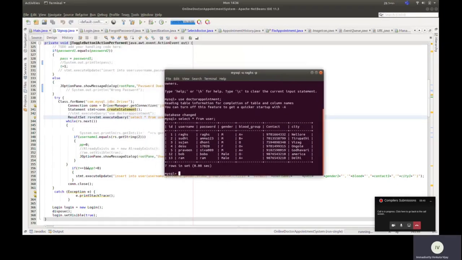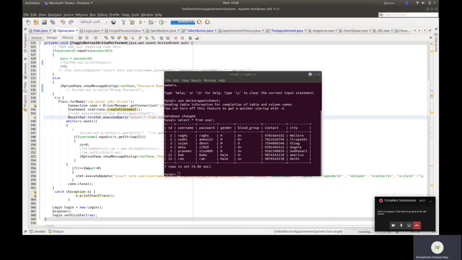So rs.next means it will be at 0. When rs.next is called, it will go to the first row. Whenever the username in rs.getString(2), that is the second column, matches, we show that the username matches.